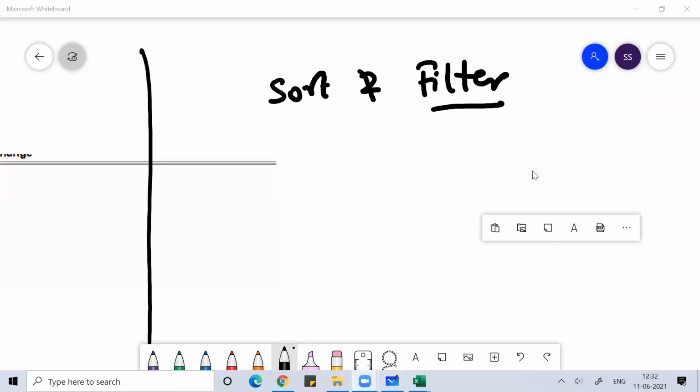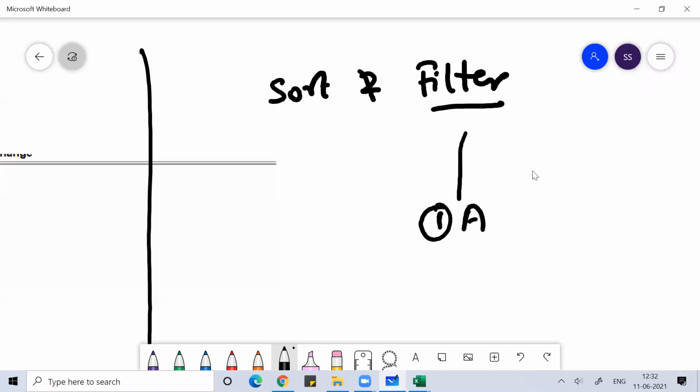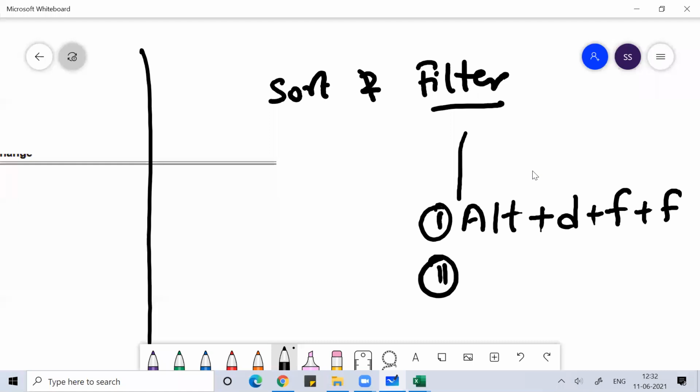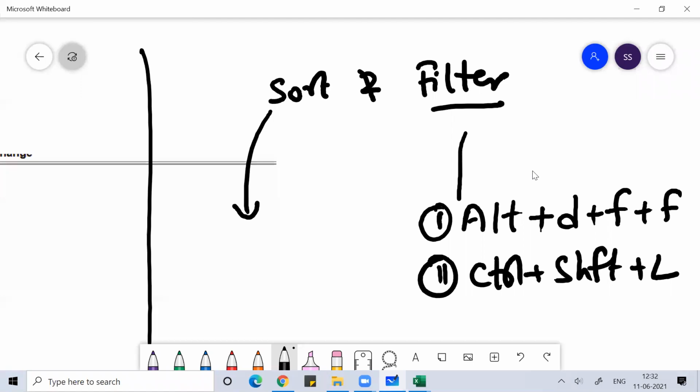Now the shortcut key to put the filter command is Alt DFF, or Control Shift L. These are the two shortcut keys to put the filter command. The shortcut key to put sort command is Alt DS.